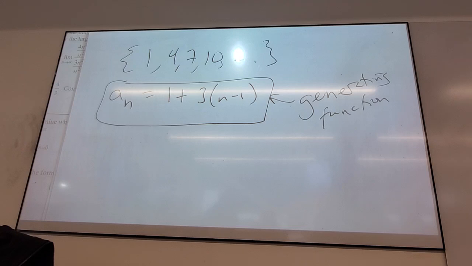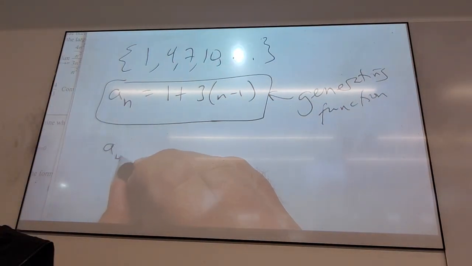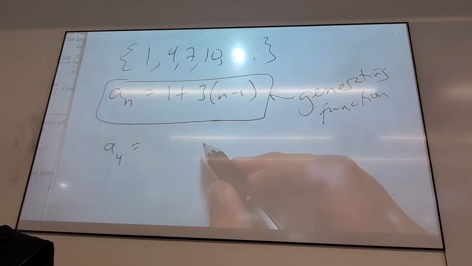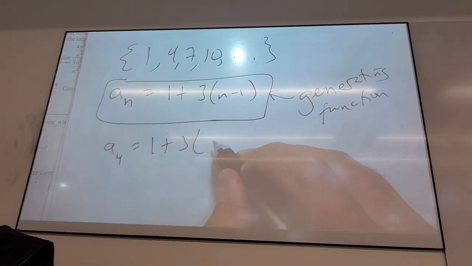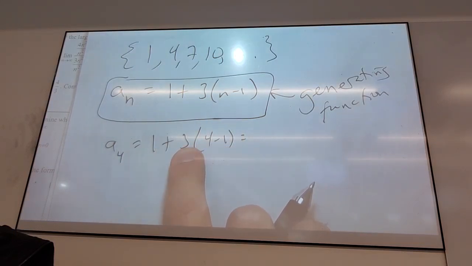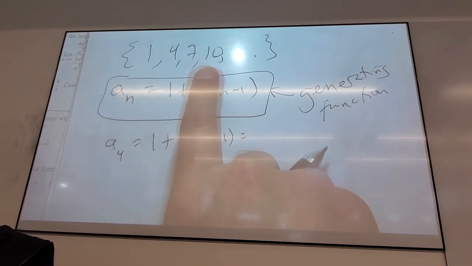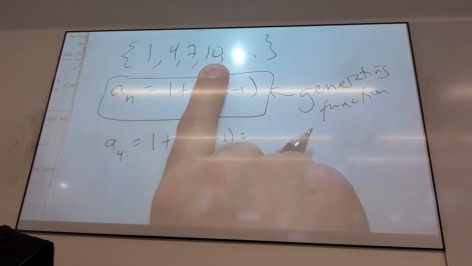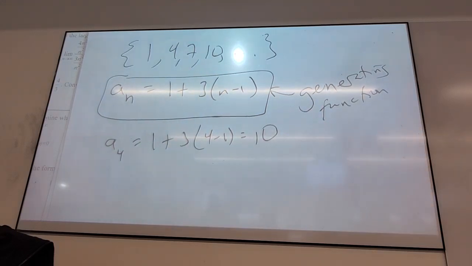So that a_n notation is like function notation. If I want to know, let's just double check. If I plug a 4 in, I should get the 4th element. And what is this if I plug a 4 in? That's 3 times 3 is 9, plus 1 is 10, which is exactly what the 4th element is. If I plug a 5 in, I get